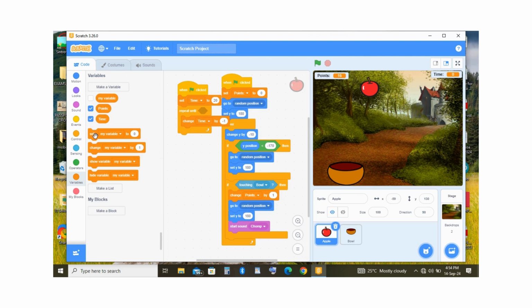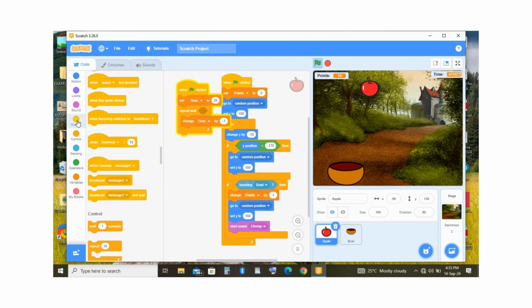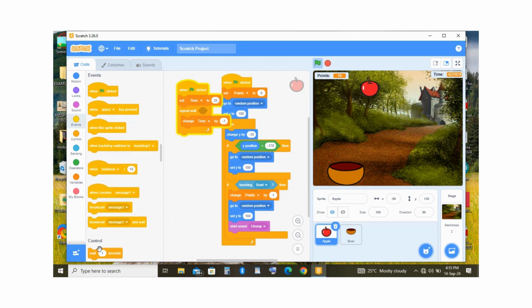Yeah, so we add the code to forever, and then set the parameter that if timer is equal to 0, very simple. If timer is equal to 0, then the game